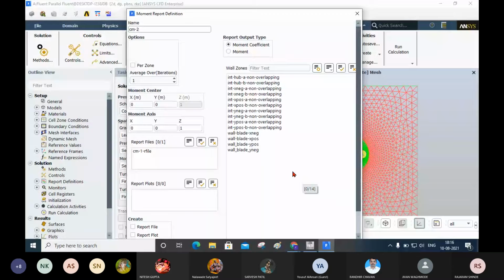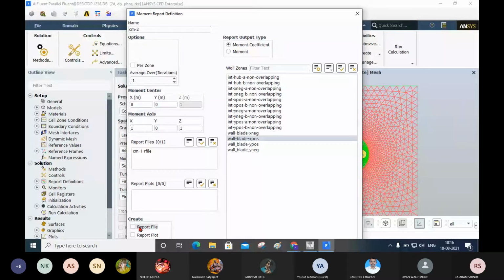So here you have 1, 0. Here I'm going to select report file and report plot. Now anything missing? Nothing.